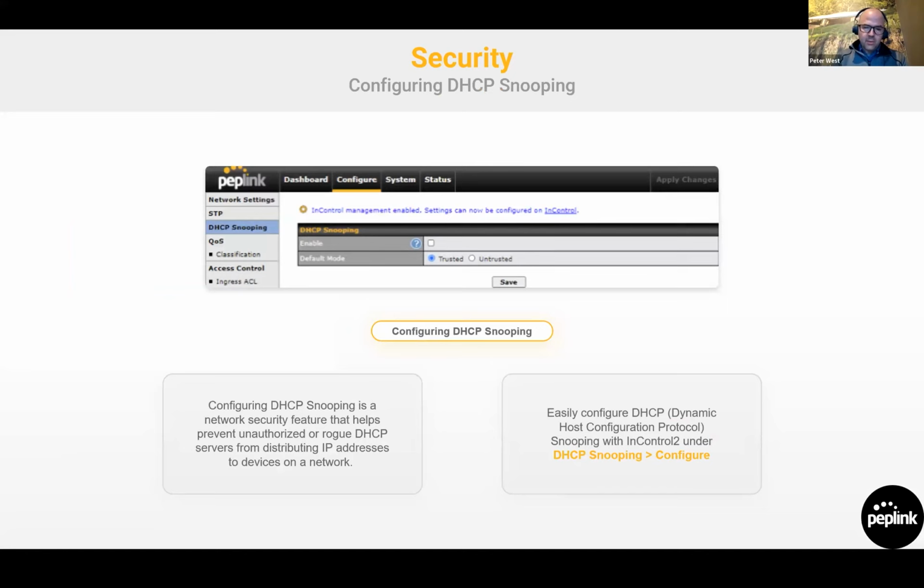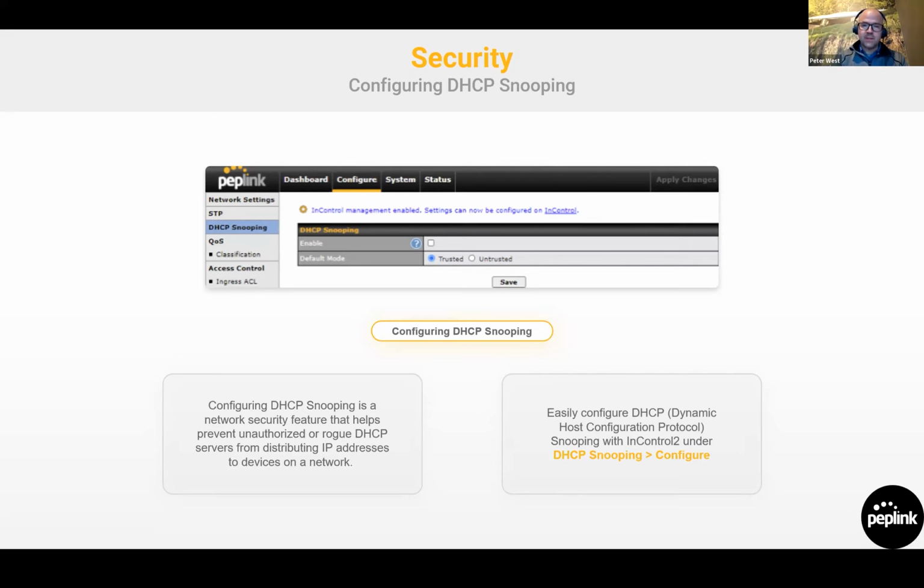And then once again, we have DHCP snooping in our switches. If you don't know what DHCP snooping is, it basically creates trusted and untrusted ports. A common issue, whether an attack or just people messing up, is they'll go to Best Buy thinking they're improving their Wi-Fi coverage. We talk about rogue APs. Well, they'll buy a Linksys router, plug it into the network, and boom, they broadcast DHCP on your network. And so Peplink switches have DHCP snooping, and you can take the Peplink switch and make your default